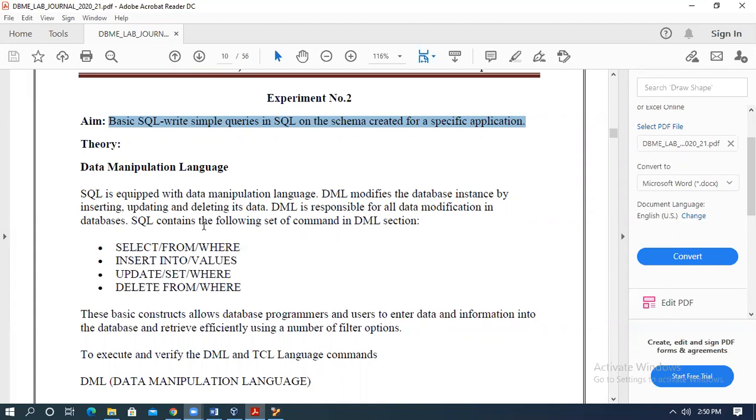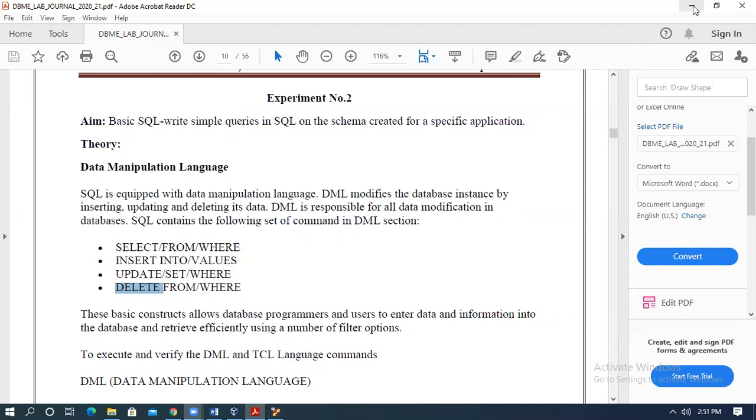SQL includes DML, and DML is responsible for all database modification. The DML commands of SQL are basically select, insert, update, and delete.